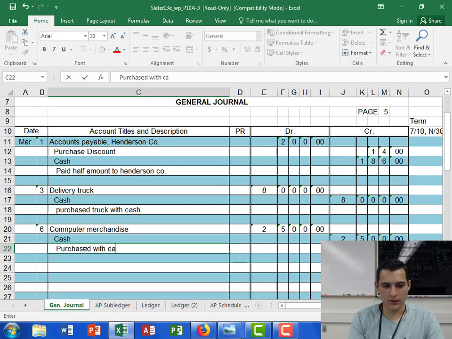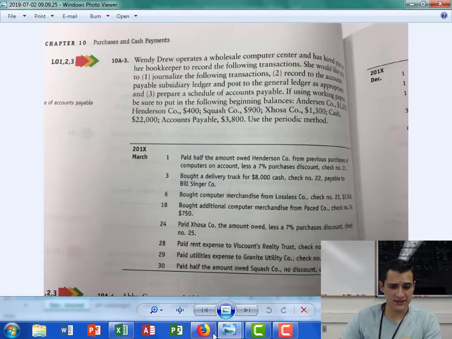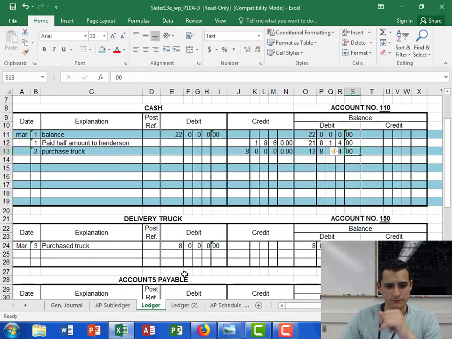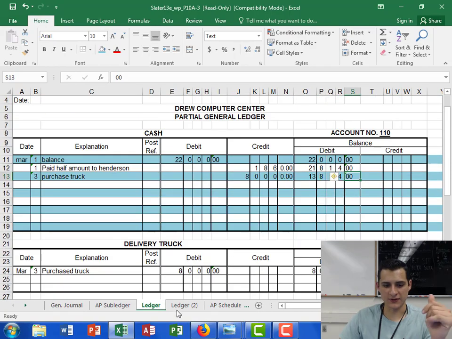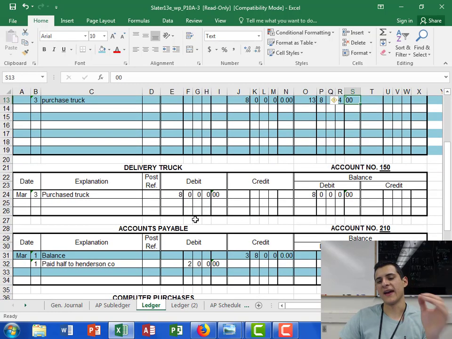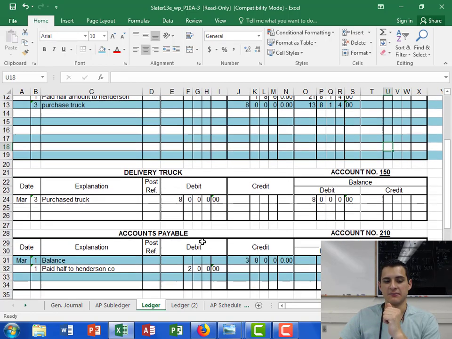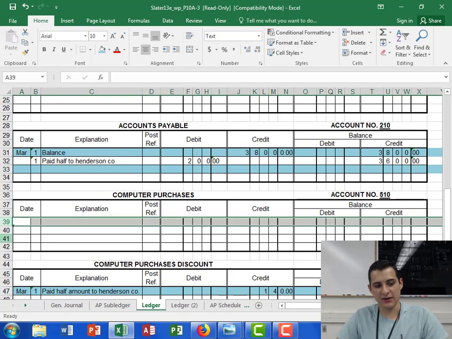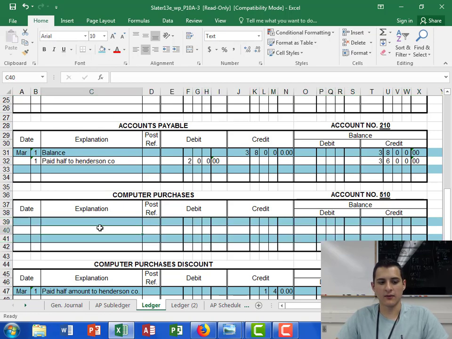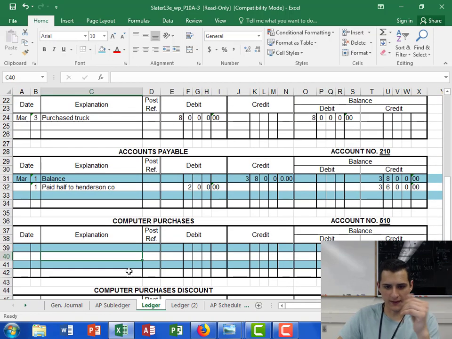with cash. Now the one way I actually caught that error was because, for one, the assignment said computer merchandise, and then if you look into your ledgers, you'll notice that there's computer purchases and there's no such thing as computer equipment here. So the way I put computer equipment there, I would have known, okay, so then this is not going to be that asset of computer equipment. It's going to be that cost account of computer merchandise. Since in this case it's not going to be on account, we won't have to worry about going back and forth and actually doing